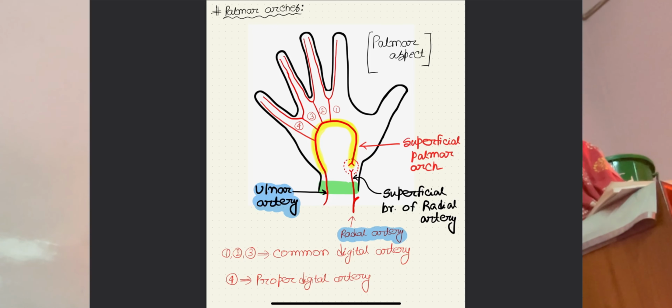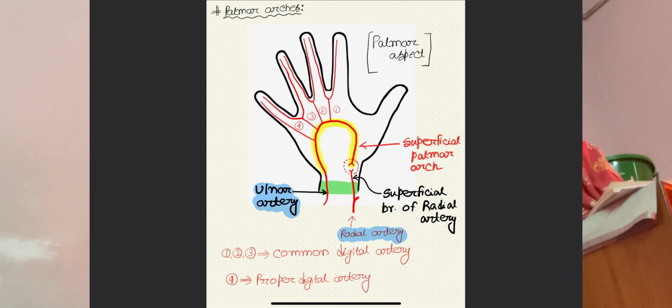If we understand this, well and good. If not, then we can just see this diagram, that these arteries are coming out like this, and they are supplying the digits in this particular manner. And we should also remember that the three web spaces, second, third and fourth, are also supplied by these three arteries. And the fourth artery, that is coming directly from the palmar arch, is the proper digital artery. So it is the only proper digital artery that is coming directly from the superficial palmar arch. And these are the branches coming out from the superficial palmar arch, which is completed by the superficial branch of the radial artery.